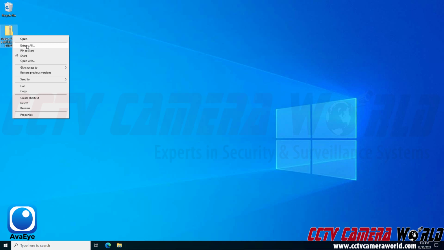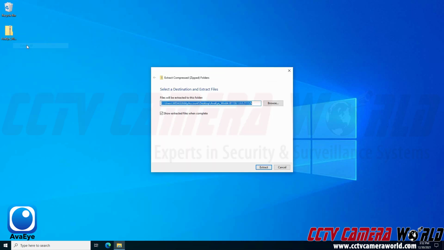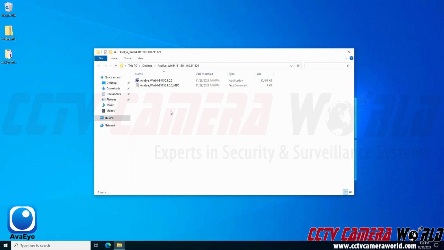Now, your file may be in the Downloads folder or on your desktop, but for this example, I just have the file here on my desktop. You could click Browse to extract this folder wherever you would like, and then I'm going to leave the Show Extracted Files When Complete button checked to automatically open that folder. So I'm going to click the Extract button to extract the software, and then it's going to automatically open that